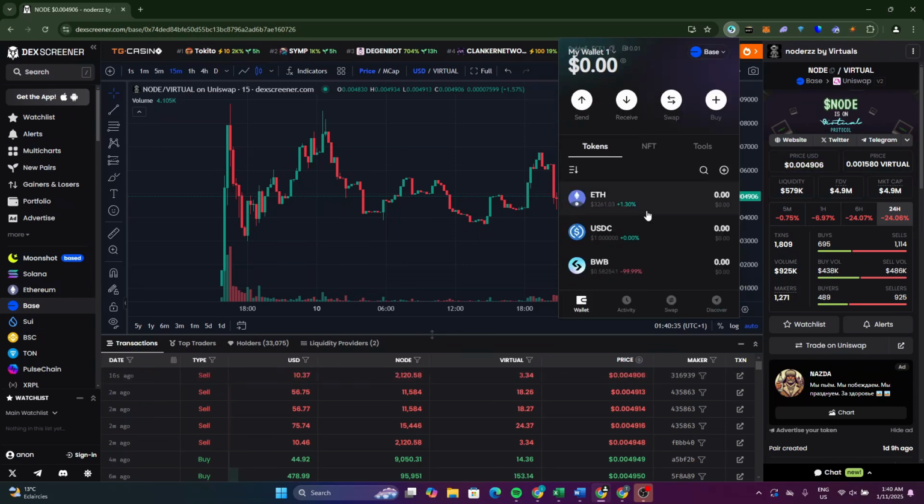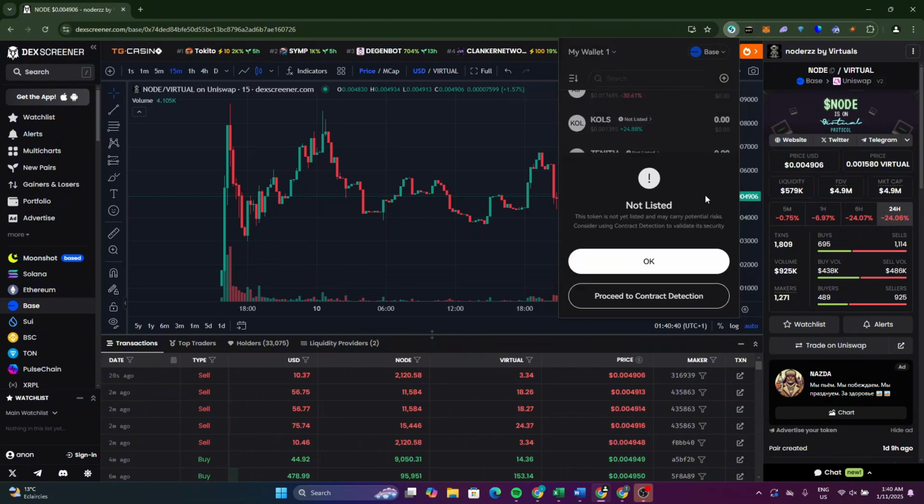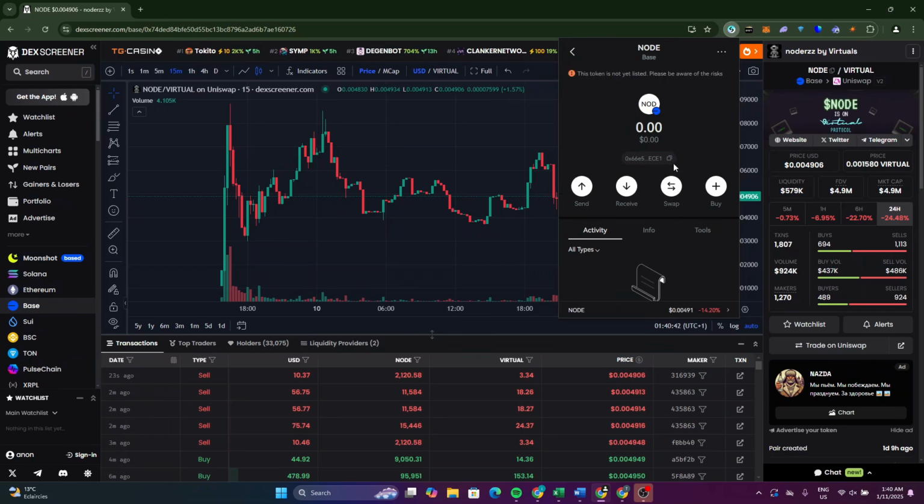Now go back to your wallet and find your token called NODES. So as you can see, this is it. Now click on it. Now after that, what you need to do, just click on swap here, and after that